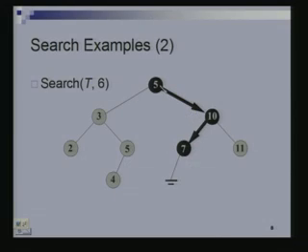because if it were there, it would have to be here. It has to be in the right subtree of this node, because 6 is larger than 5. It has to be in the left subtree of this node, because it is less than 10. It has to be in the left subtree of 7, since 6 is less than 7. So, if 6 were there, it had to be here, and since it is not here, it is not there.